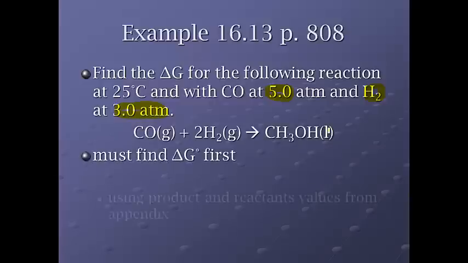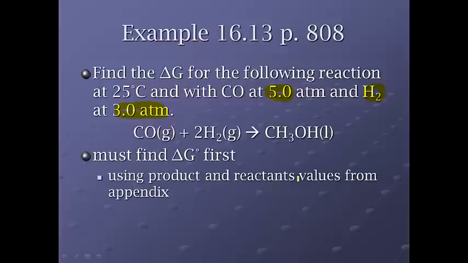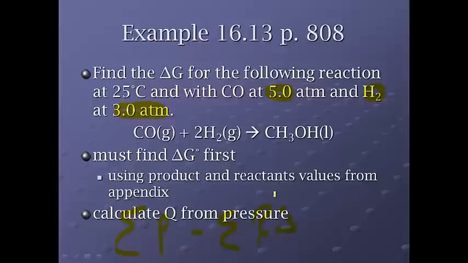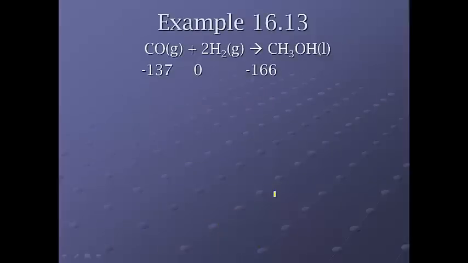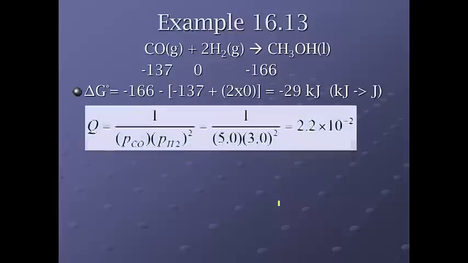First, we got to find delta G prime. We do that by using the product and reactant values from the appendix, using our summation equation, where we have the sum of the products minus the sum of the reactants, and it's going to look like this. Then we calculate Q from the pressure values. So here are the values we found from the appendix. We plug and chug those. We get negative 29 kilojoules. We're going to have to get that to joules in order for the units to match when we use our